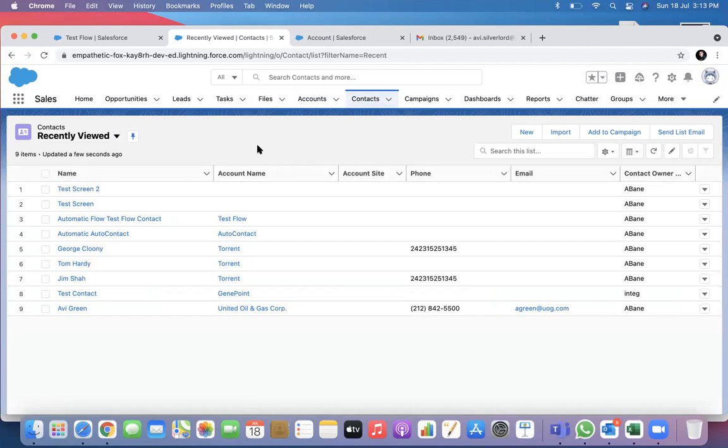Previously you had to write a trigger for record specific changes. Now flow has replaced it. For screens, you have to write lightning components. For simple things, you can use flows. Flows has become very powerful. Flows is very, very important for you to learn.